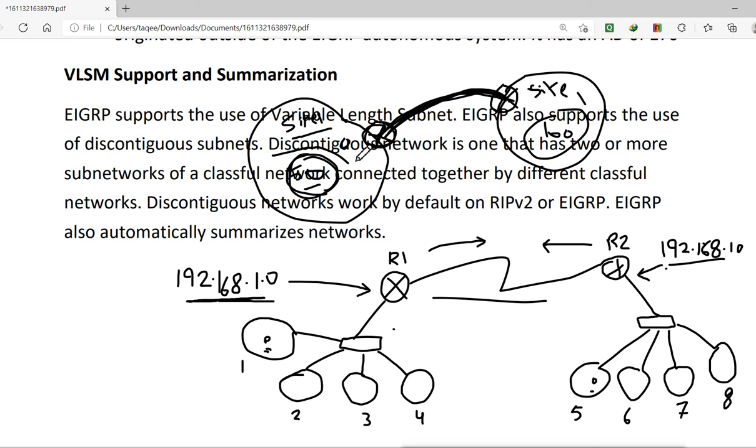The router which is connecting to the other side and sending the routing table to the other side, we configure the summary address on this router, saying that when you send the routing table to the other side, send this summary address. And that summary address covers all these networks we have on this side.